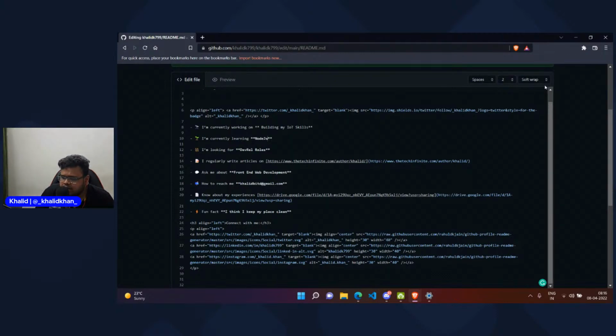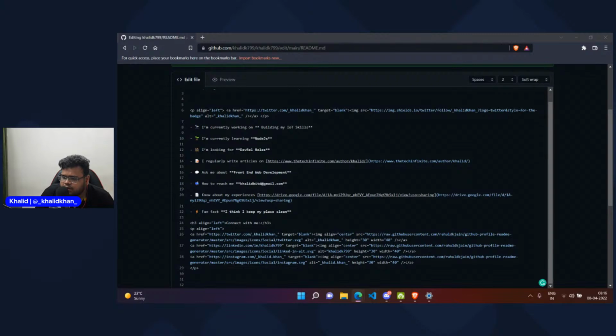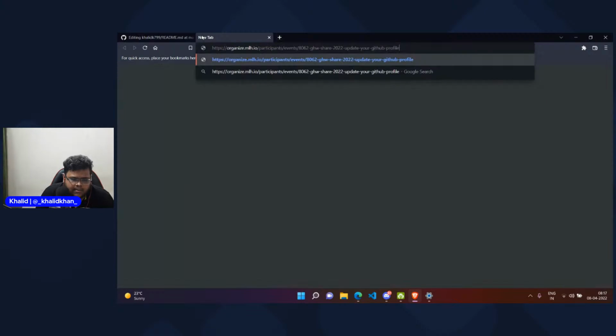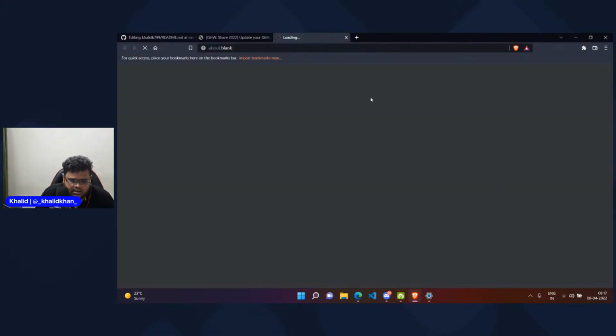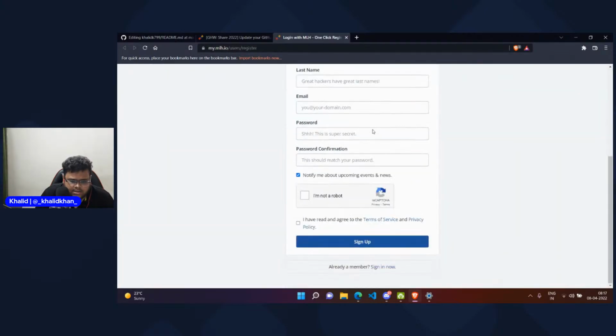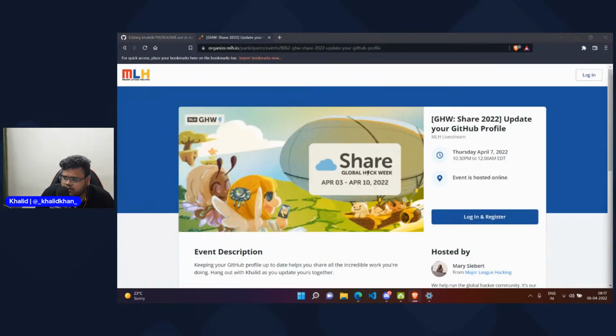The check-in lane is not working for me because I just checked in. Just a second, I'll check if the check-in lane is working or not. I am actually checked in here. Can someone confirm if the check-in lane is working or not? I have to create an account, I'll quickly log in here for you.